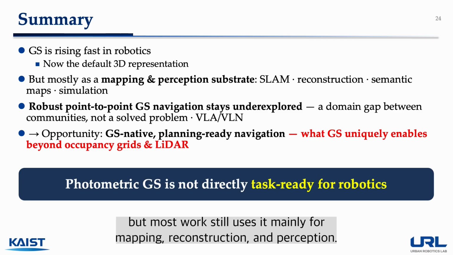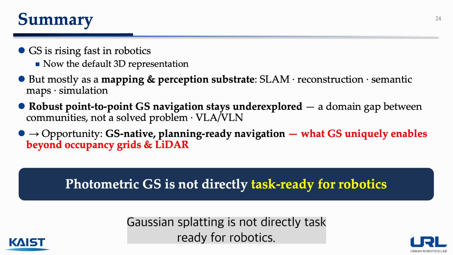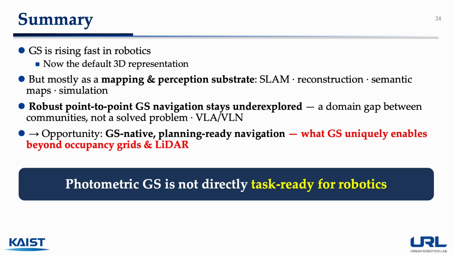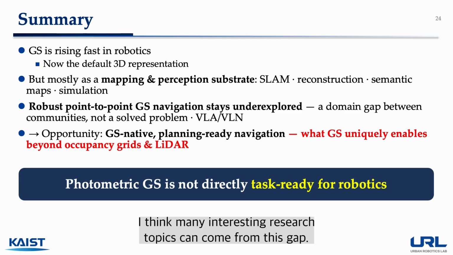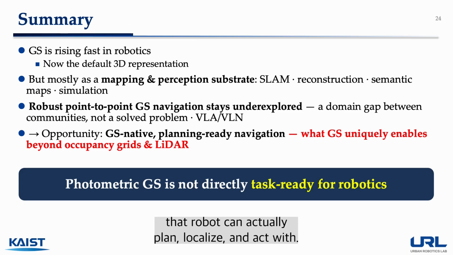for mapping, reconstruction, and perception. If there is one sentence to remember from this talk, it is this: photometric Gaussian splatting is not directly task-ready for robotics. I think many interesting research topics can come from this gap, turning visually rich Gaussian splatting maps into representations that robots can actually plan,